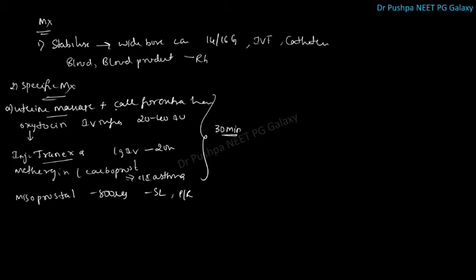If the patient is not responding to these medications, then we should check for placenta, and check for any genital tract injuries. We should check whether the placenta is completely removed or not. If there is retained product of placenta, it will cause PPH. And if there are any genital tract injuries, they will cause bleeding. So we should check for these things if it is not controlling. If the placenta is completely removed and there is no trauma, and the patient still has bleeding, then we can go for balloon tamponade.